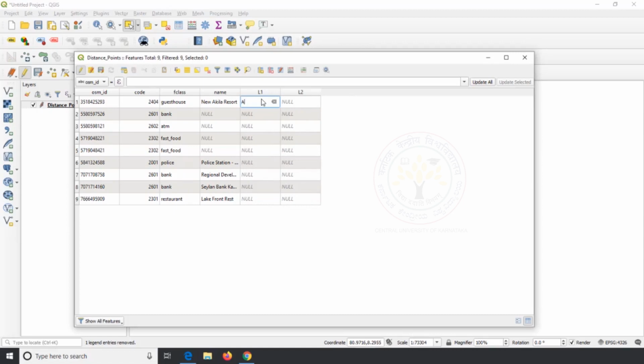In L1, I enter the names as A1, A2, A3 like that till end of all the points. In L2, I enter the value of B1, B2, B3 till end of all the points.